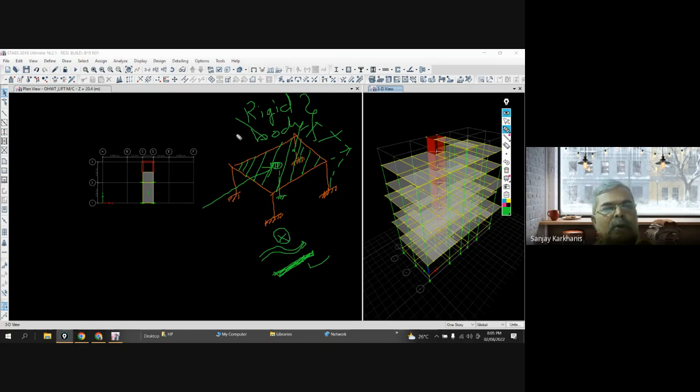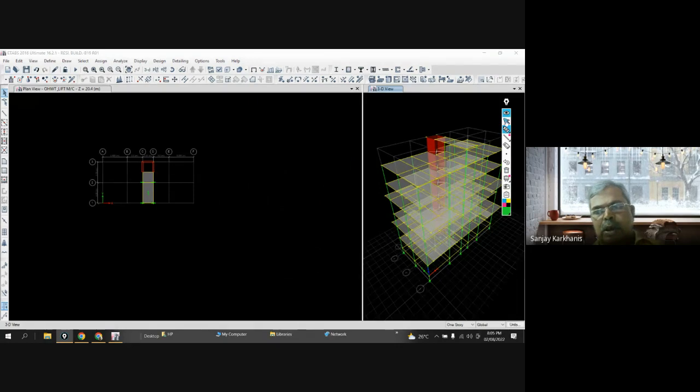Yes, so that rigid body deformation of the entire floor as one unit is achieved through a diaphragm. Okay, mathematically it can be achieved by creating a diaphragm,